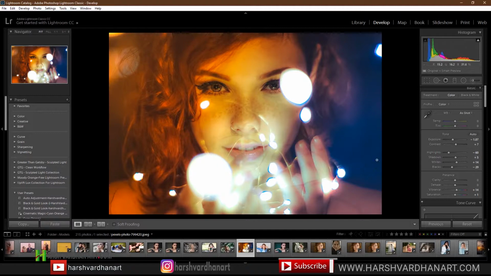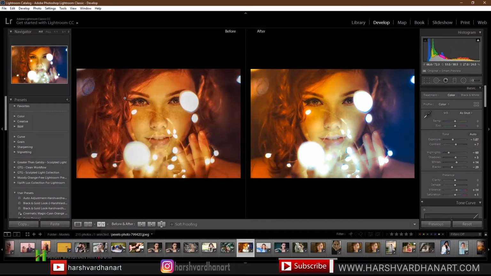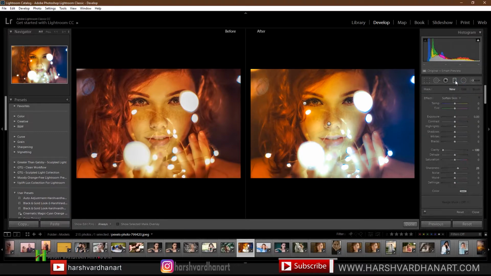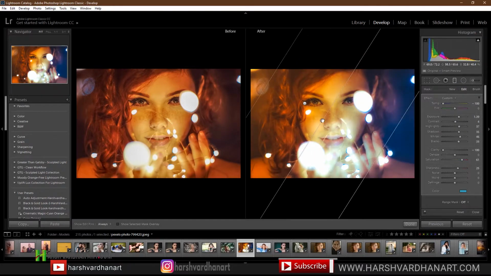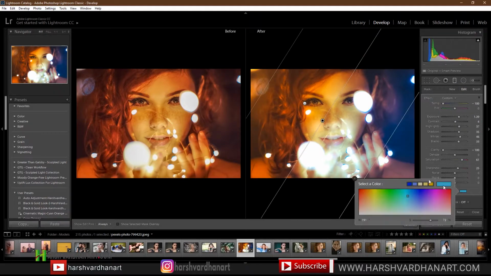Alright, so if you want to see how it looks before and after, just click on this little icon. So this was before and this is after, and now let's try to change it to something else. So for that we need to go to the graduated filter once again, click on any of these. Alright, and this time let's change its color to green,